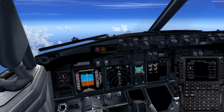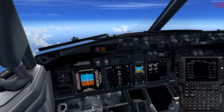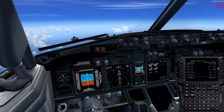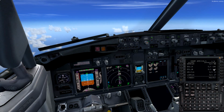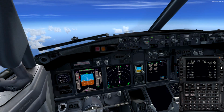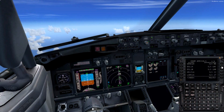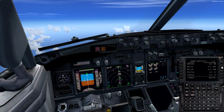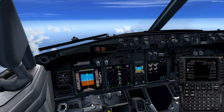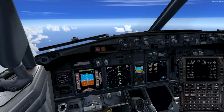So we will be landing today on the LS 18 center, and yes, I know normally we would be landing on 18 right, but I really like the landing on 18 center. I think you can see the airport a lot better, and it's visually more pleasing. And since we don't have traffic or ATC, it's pretty much our call. So we're going on that one, and we're going via the Billund 1 Alpha,